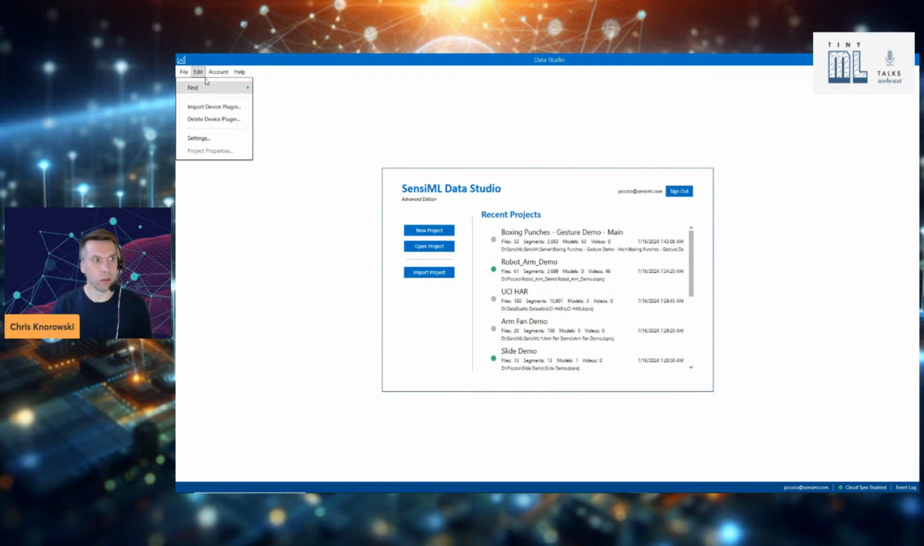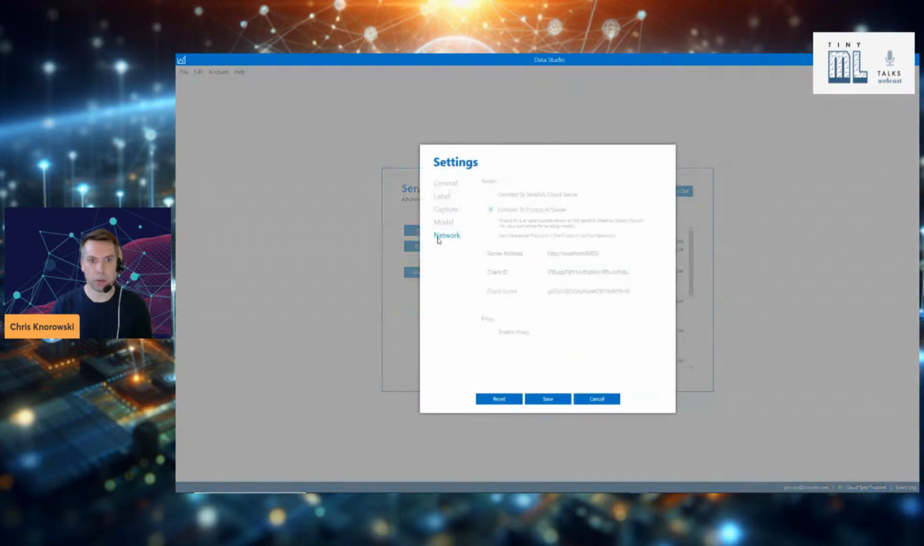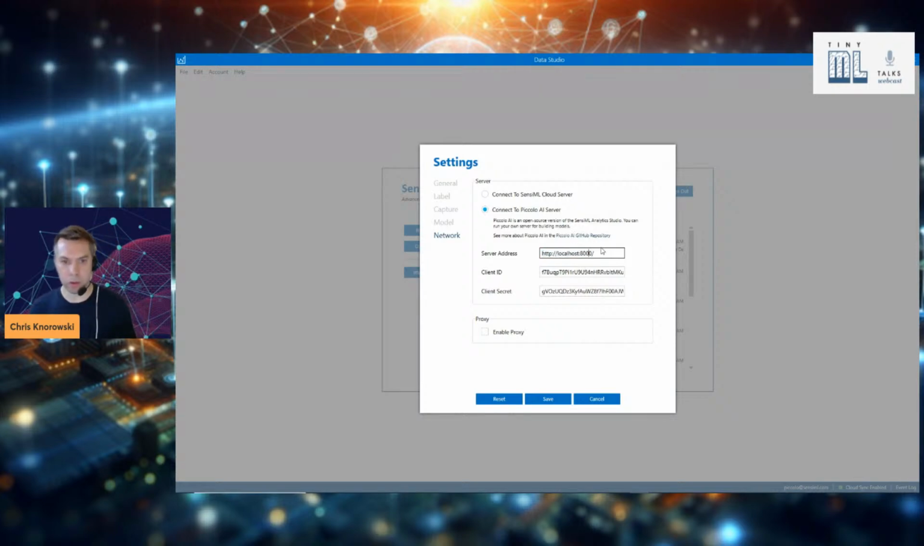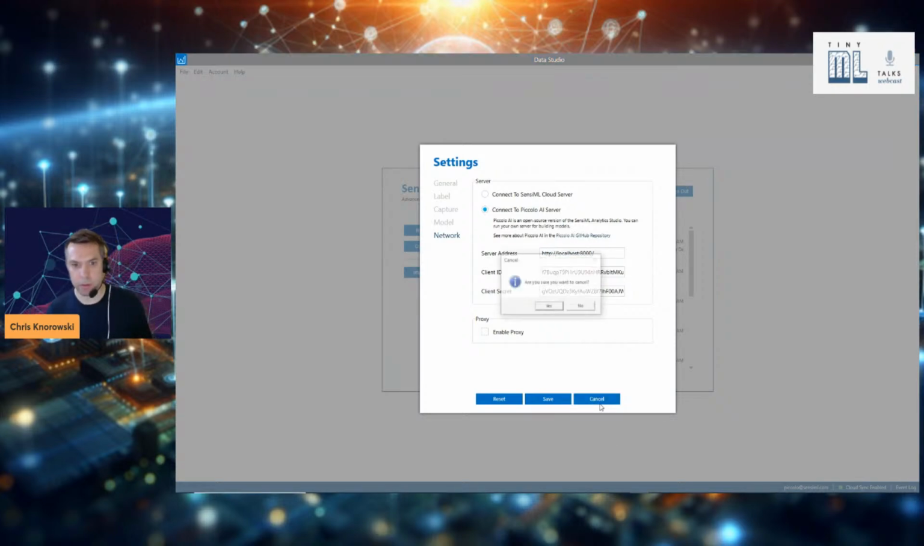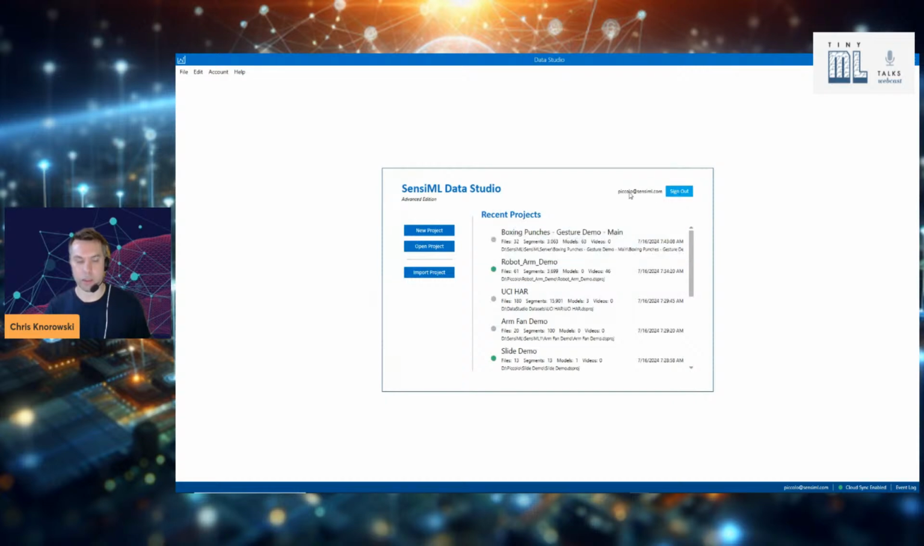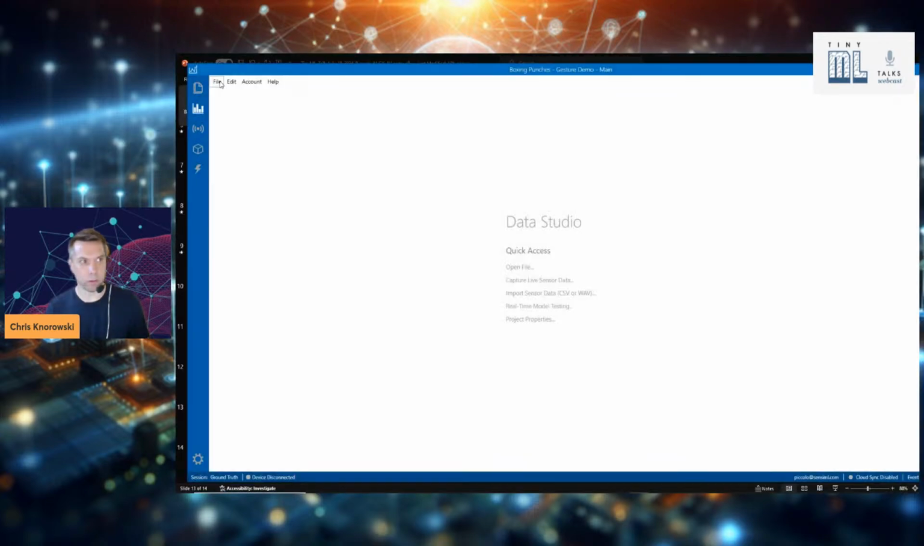Here, if you go to settings, network, you can connect to the Piccolo AI server. I'm just setting this to my localhost 8000, which is where my local server is running. Then you just sign into it with the same username and password. And here's all of the projects that I have. So if I open up, oops,